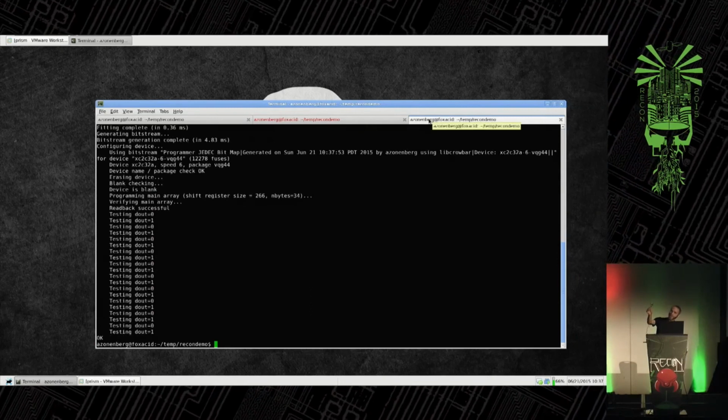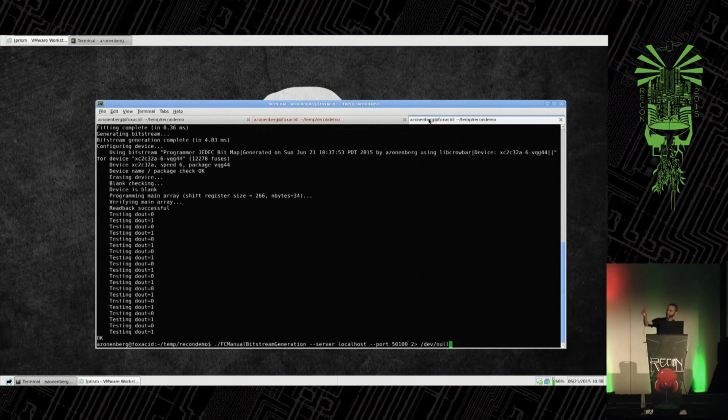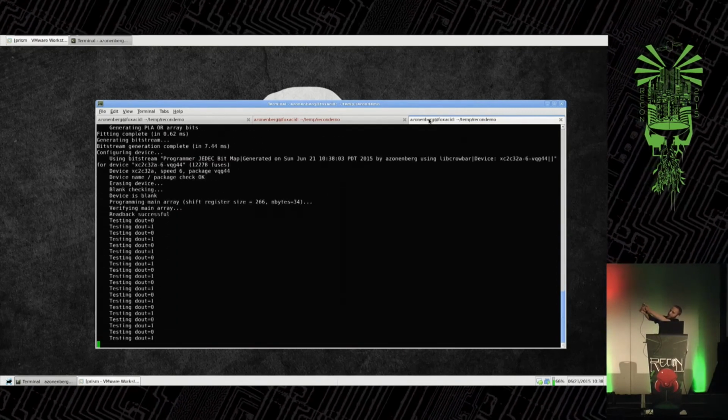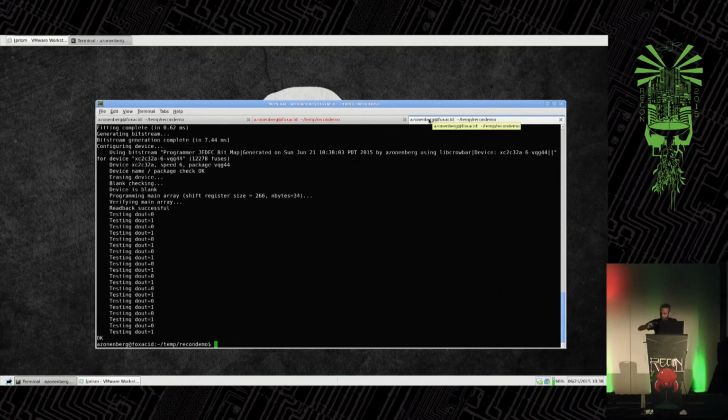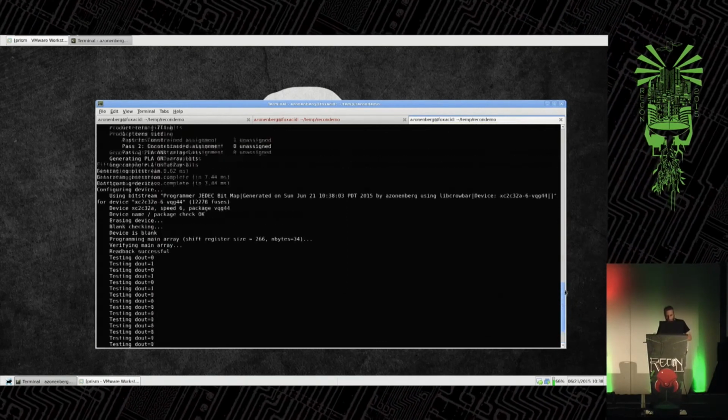I don't know if you guys can see. Right up here, these LEDs are blinking back and forth. So if we scroll through the output here of the tool,